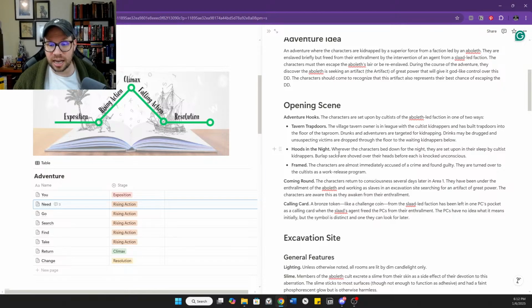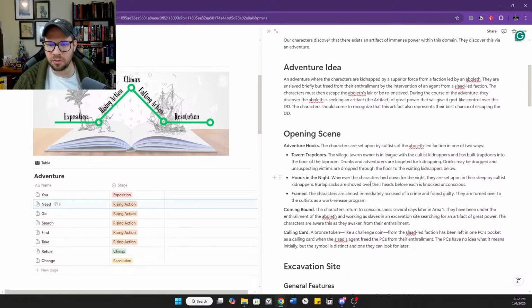We might have hoods in the night, where wherever the characters bed down for the night, they're set upon in their sleep by cultist kidnappers. We also have a framed one, where the characters are immediately accused of a crime and found guilty, and they're turned over to the cultists as a sort of work release. So a corruption kind of deal there.